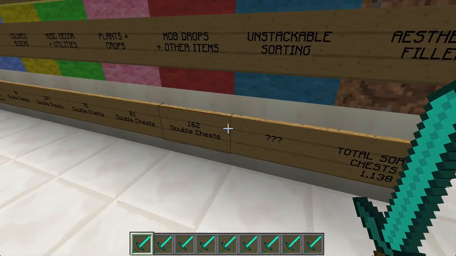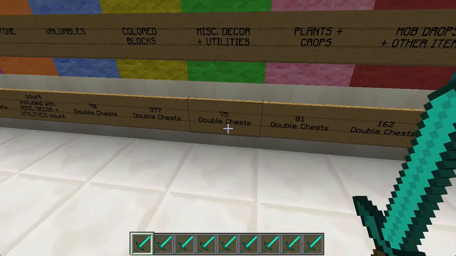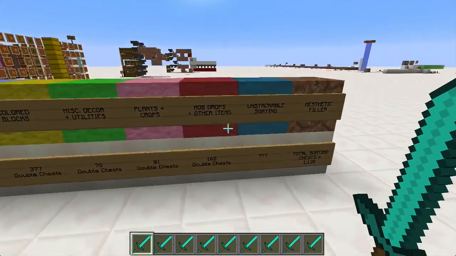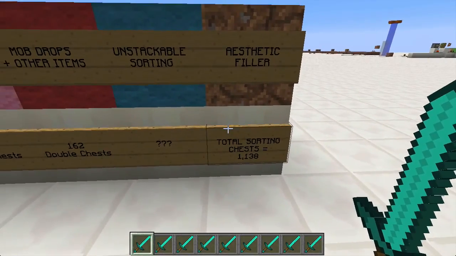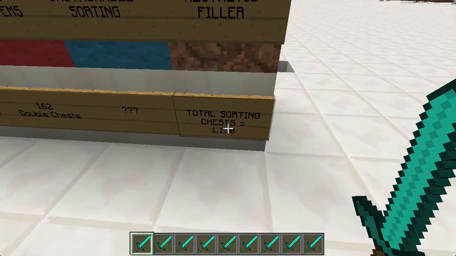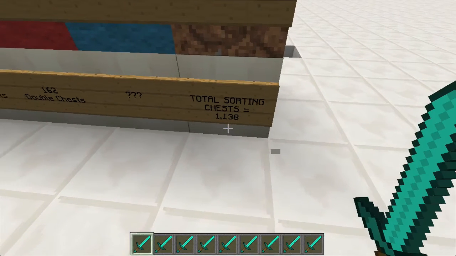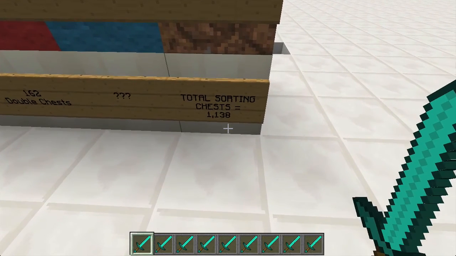I would imagine not that many. I'd imagine somewhere around the same amount that miscellaneous decor and utilities used, which is 75. Somewhere around there, I would guess. And then the coarse dirt is aesthetic filler, so that we have room to put the redstone. And by the way, all of those give us a total number of 1,138 double chests that have items in